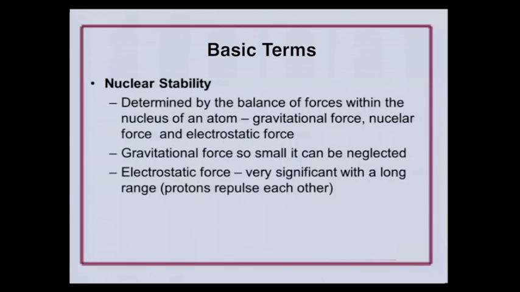But nuclear stability is a basic one. And that really goes to identifying or defining radioactive material. What makes something radioactive? It's nuclear stability, or actually lack of nuclear stability, that causes it to be radioactive. And it really does boil down to a balance of forces. And that balance occurs within the nucleus of an atom. It's a balance of gravitational forces, of electrostatic forces, of nuclear forces, things that hold the atom together, the forces